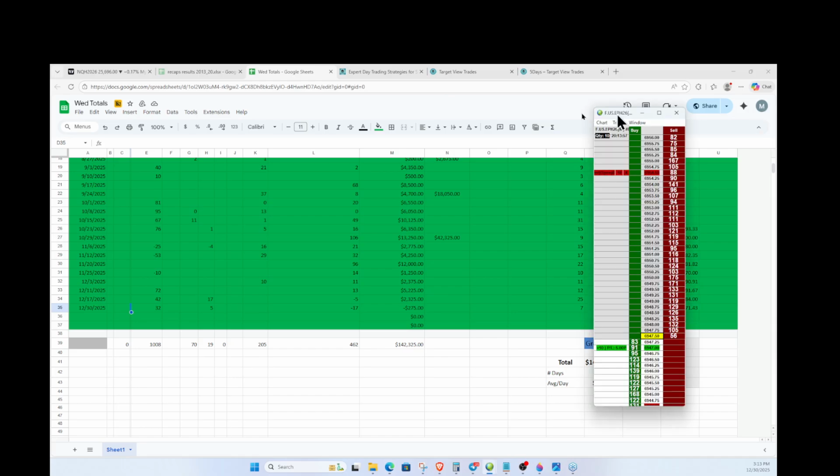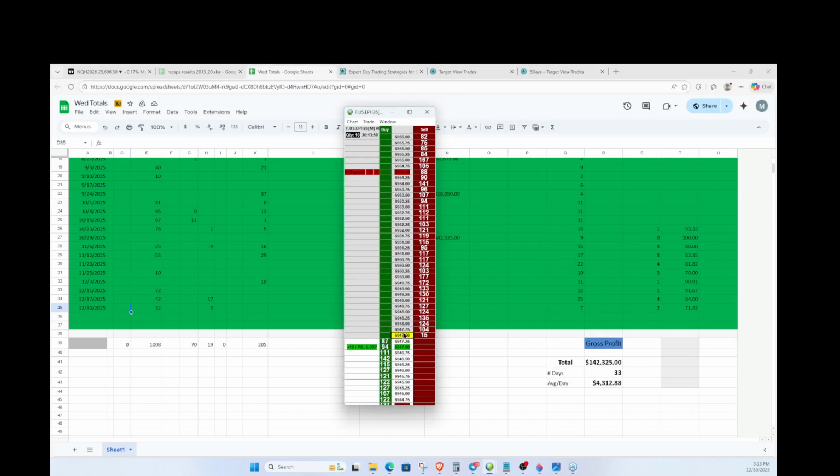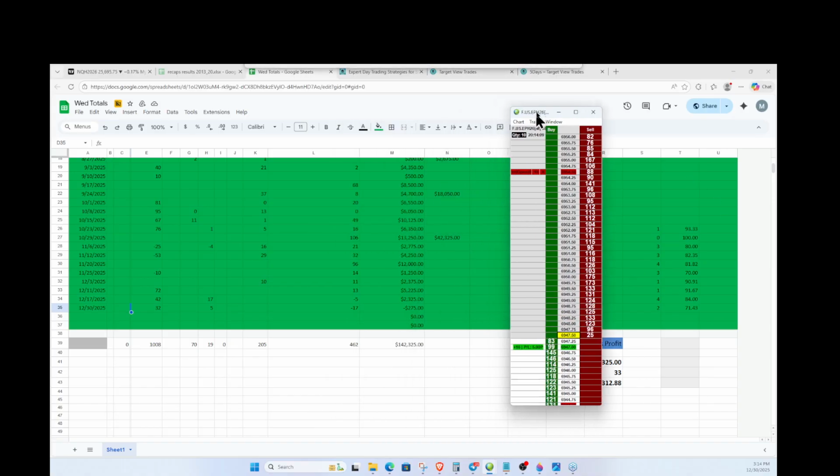The ES is still going here. The ES goes to break even automatically after 4 ticks in profit. Okay, so once it hits 48, it's going to automatically go to break even. And I'll probably bump it to plus 1 tick. If I bump it to plus 2, will we be positive? No, we'll still be minus 25 bucks. But